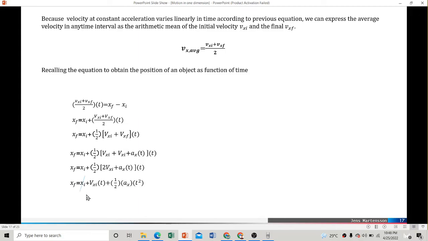If this condition is in reference with the time equal to 0, then the distance is equal to 0, so we can cancel out the initial distance. So what remains is the final distance, and this is the equation we create. So x final is equal to vxi times t plus 1/2 ax times t squared.